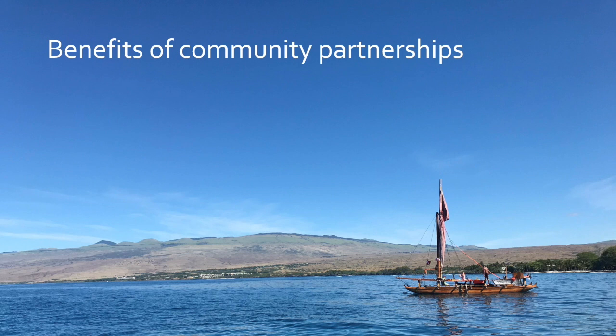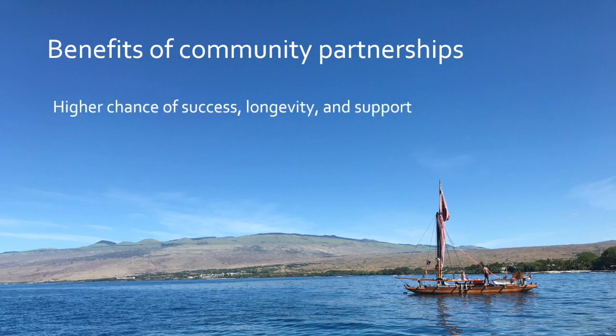It is because, and we already have a substantial amount of data and monitoring and modeling that Shannon mentioned that could help us make decisions for these areas. And it's really because we have learned this lesson in Hawaii time and time again, that when you engage the people of place from the beginning with an opportunity that they can help to shape in the way that is the most appropriate for their place, that work has a much higher chance of success, of longevity, and of support from within the community. It's honestly because of that moment in a workshop when all of your monitoring or all of your modeling might be pointing to a certain area that might be the best place to do outplanting, and